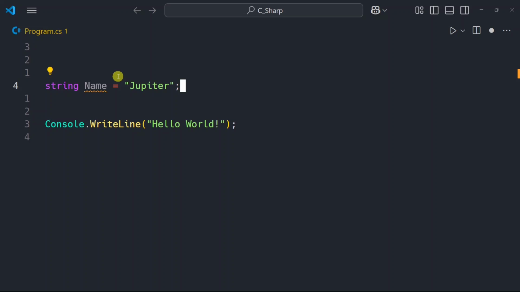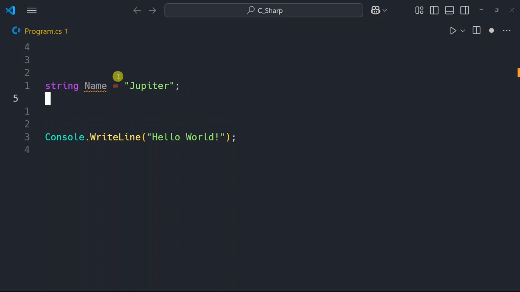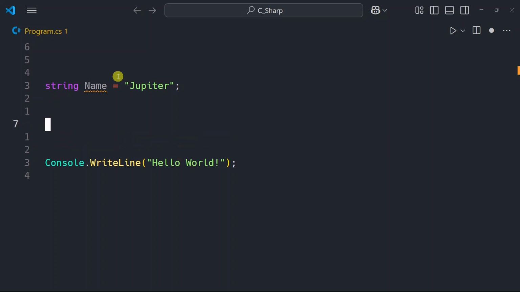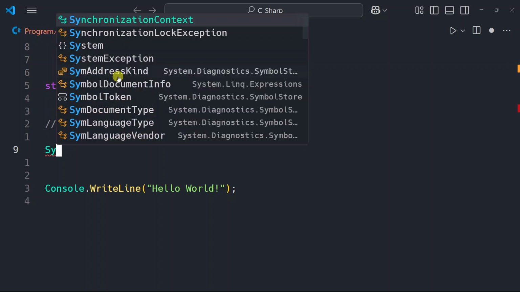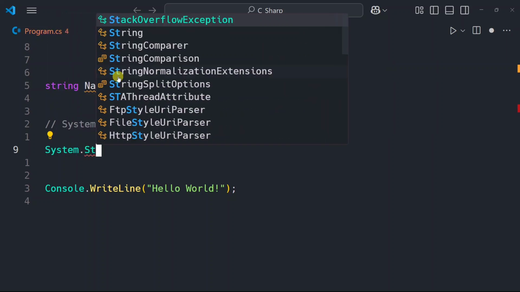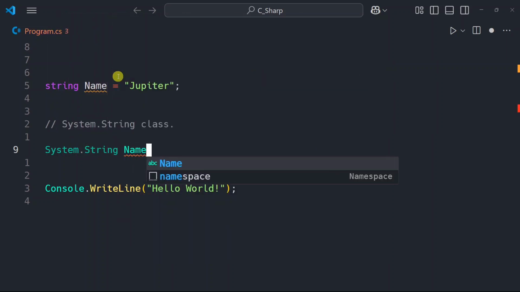And in C sharp, string is an object of the System.String class. Okay? Which means that we can also declare a string object like this: System.String name equals